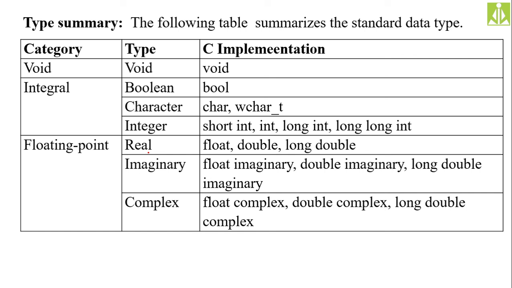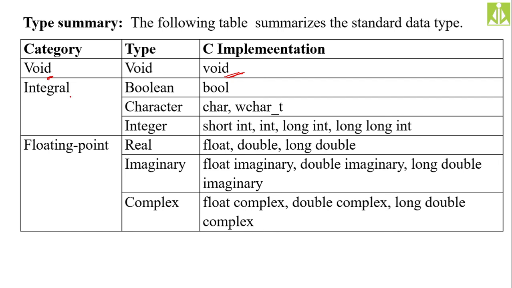Okay, about the imaginary type and complex type, we will discuss only this much. Now this is the complete summary of the data types we have discussed so far. First we discussed void type. Void means there is no value, and no operation that we can perform on the void type. The keyword associated with this type is void, all small letters. Keywords we write in all small letters.